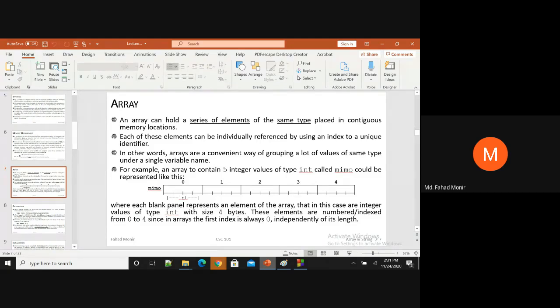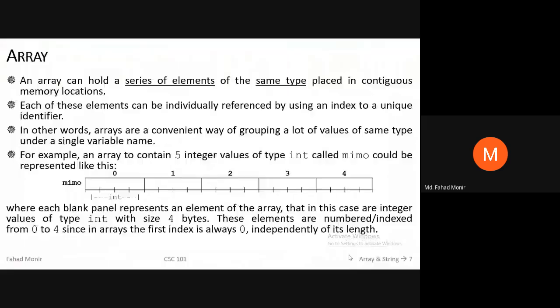a single variable. Then we will no longer call it a variable; we are going to call it an array. So by using the array you are allowed to save more than one value in a single array. So definitely it has to be the same type. Let's see how, so we read the slide,